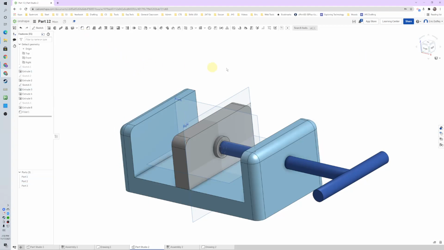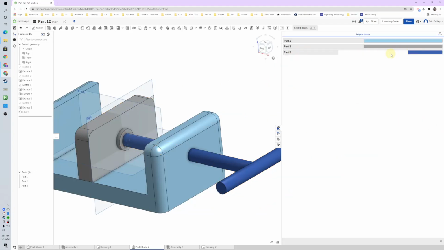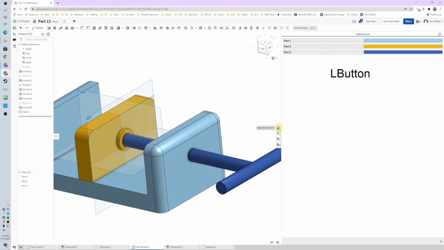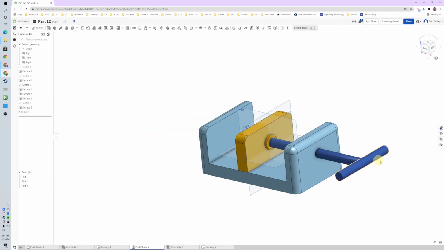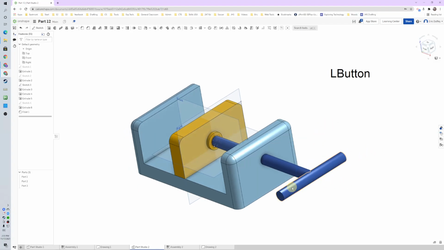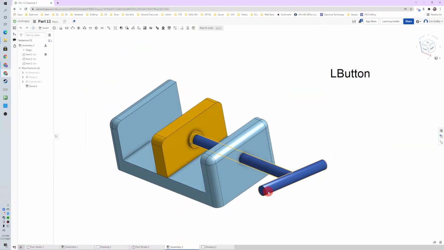The other thing we're going to take a look at is part color. So these ones, sometimes parts end up too close in color for me, but these ones are alright, but let's learn about it. Over here, we got an appearance panel. I'm going to click on that. Then I can change maybe my gray one to orange and check. Okay, and this is helpful sometimes when you're trying to identify parts easily and make sure that when you're communicating with somebody that you can do so effectively. And then it will update inside of your assembly as well,